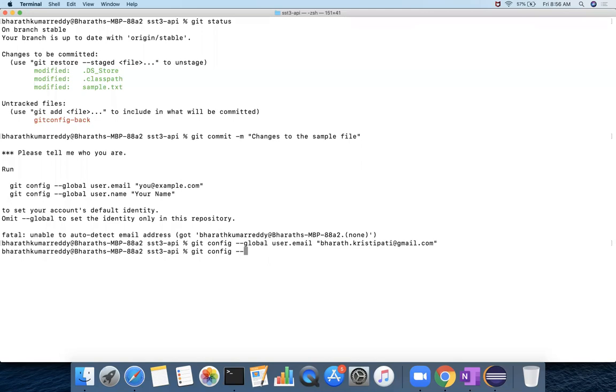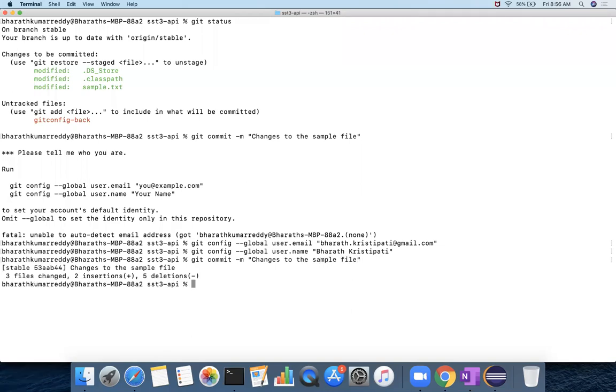How do you know that? You can see the above message. Type user.name, Bharat Christy. And when I do git commit -m "changes to the sample", it has been done.